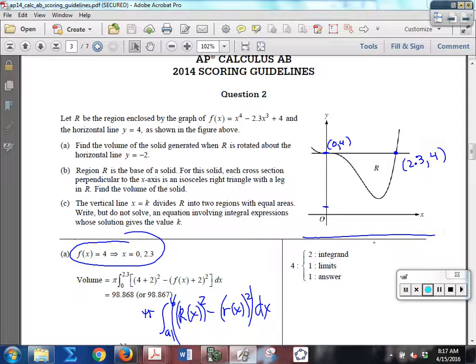And then that's the big R, and then the little r is f of x minus -2 squared. And you will get, look at all these points just for that. 4 of the 9 points right here. So you got the limits. If you have the limits in one of the things, you'll get the limits. Your answer will be 1, and then doing this right. And I think below it might even say you get a point for